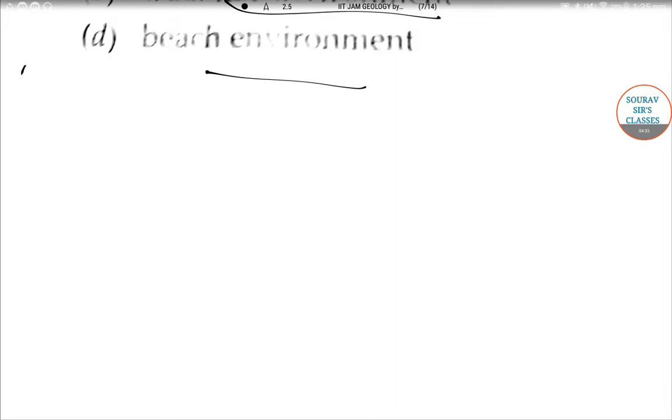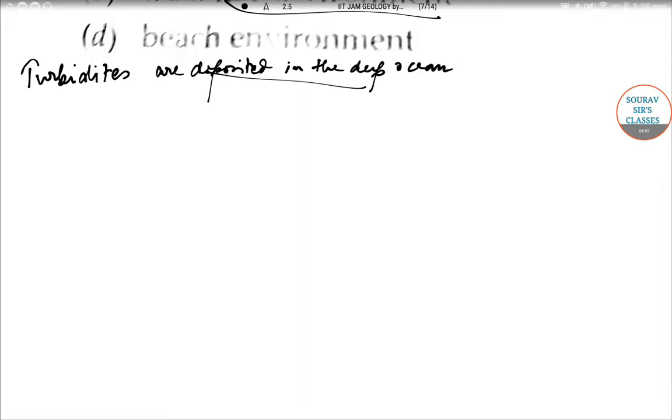Turbidites are deposited in the deep ocean, below the continental shelf or similar structures,